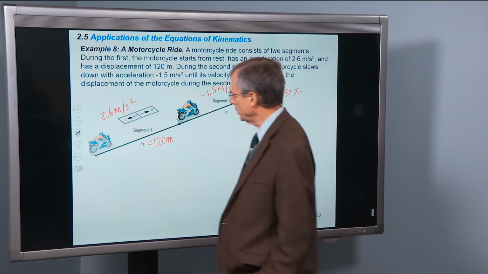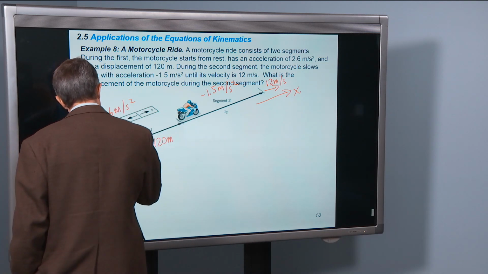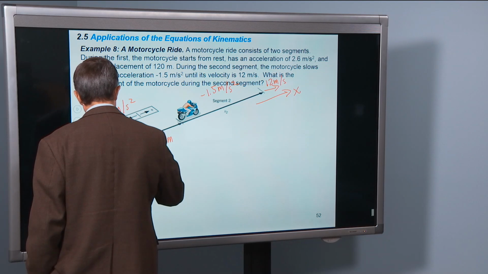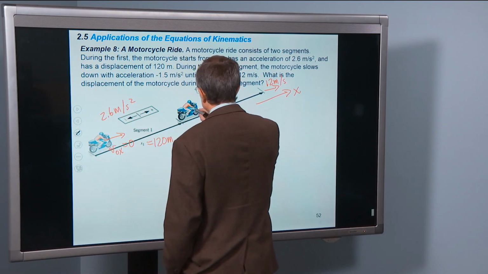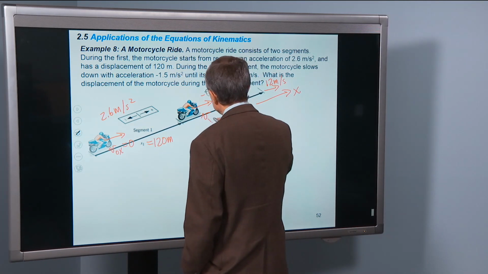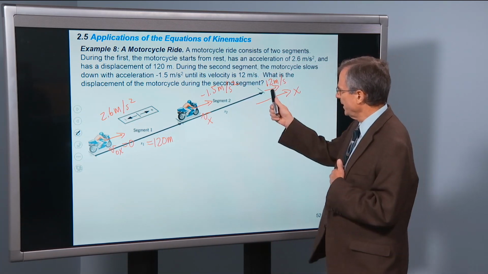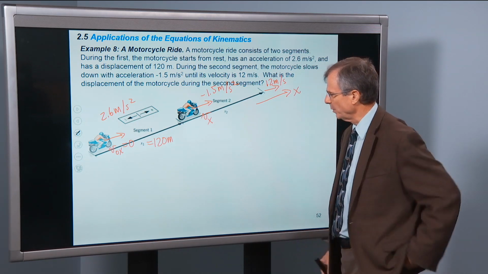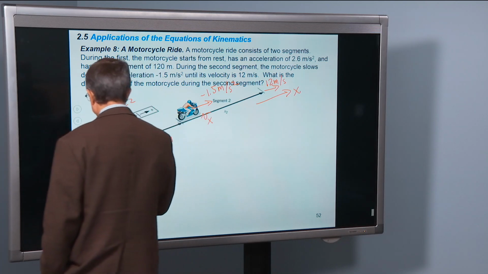Let's write down what we know. We know that he's starting from rest, so V0x equals 0. We don't know what this value of velocity is, but we do know what the value of velocity is here. It's 12 meters per second. So this is going to be a variable. And so during segment 1,